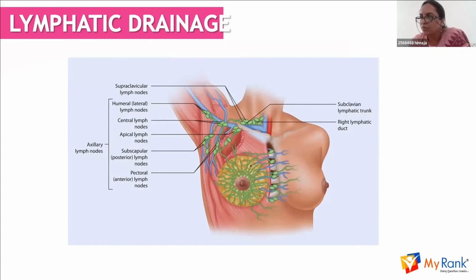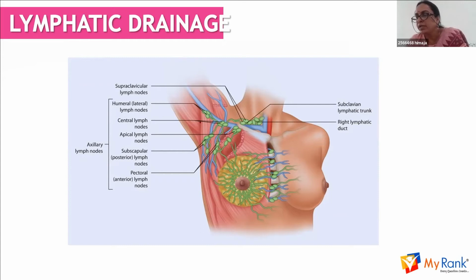So the whole of the outer portion of the breast drains into the axillary group of lymph nodes. The medial ones drain into the internal mammary. So there is some cross seepage into the opposite breast and there is some drop down into the abdominal wall lymph vessels. Here the axillary group of lymph nodes are in turn divided into 5 groups.